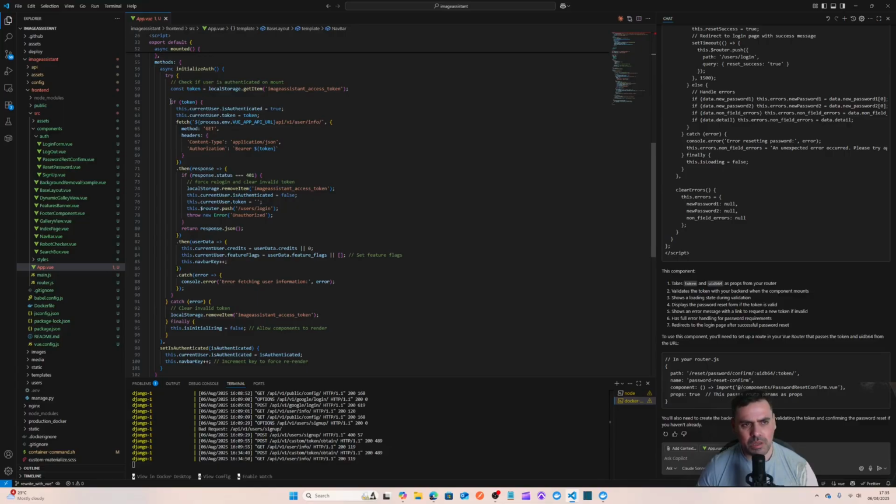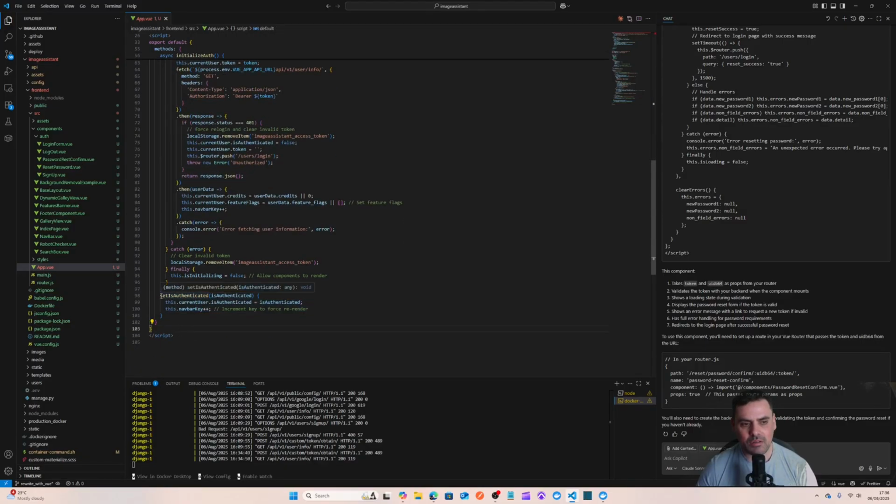One of the things that caught me out a bit with Vue was when you declare your methods. In this case, let's say this callback. If it's not within the methods object, any child components don't actually get this. So for example, what was happening was I had set authenticated outside the methods object, and then in login form